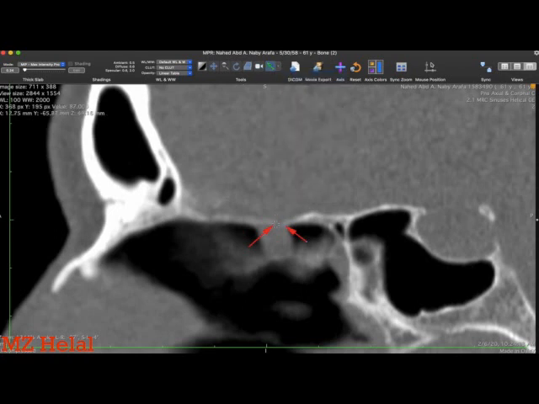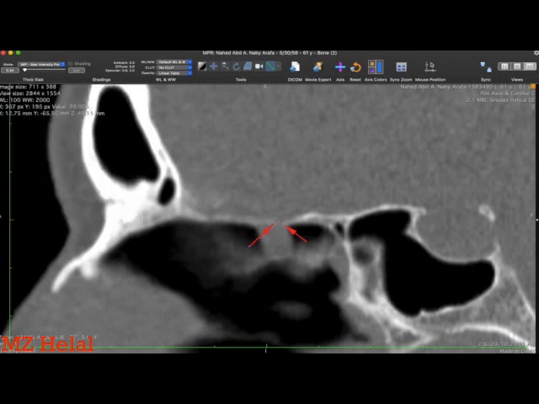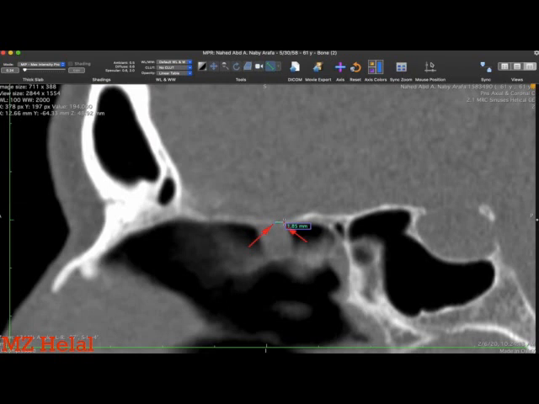And we can measure the length. Less than 2 millimeters, and this is the sac, CSF sac, or you can call it pseudo meningocele, although it is only nasal mucosa